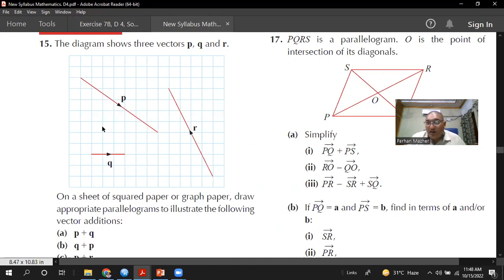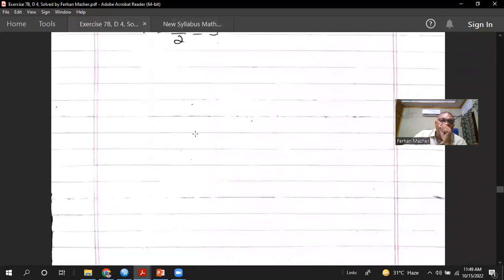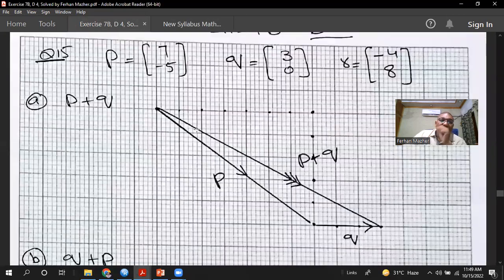Okay, so we can write the column vector of Q in the same way. On the x-axis 1, 2, 3, 3. On the y-axis it does not move, so on the y-axis it will be 0. So here 1, 2, 3, 4, 4. Then 1, 2, 3, 4, 5, 6, 7, 8. So here you can see P is (7, minus 5), Q is (3, 0), R is equal to (minus 4,